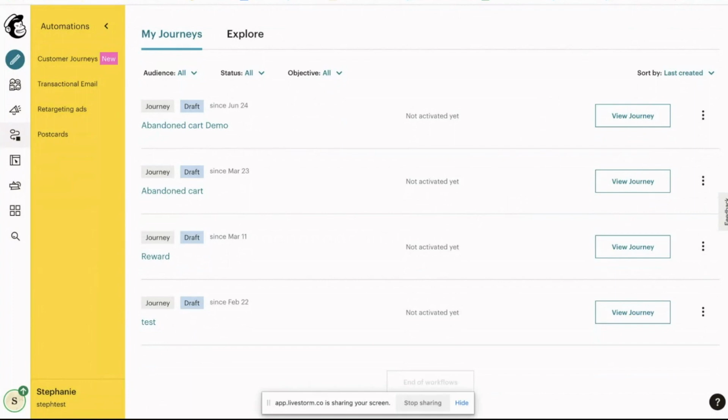Cool, there's a couple of other ones that we have in here. A couple of other options that you could set up in your Mailchimp is, first of all, abandoned carts, so that as soon as someone leaves something in there, they'll be reminded and they can go back to it. There's been a lot of studies from Mailchimp that show it's definitely worth having that in there. You get a lot more customers coming back to complete that checkout.